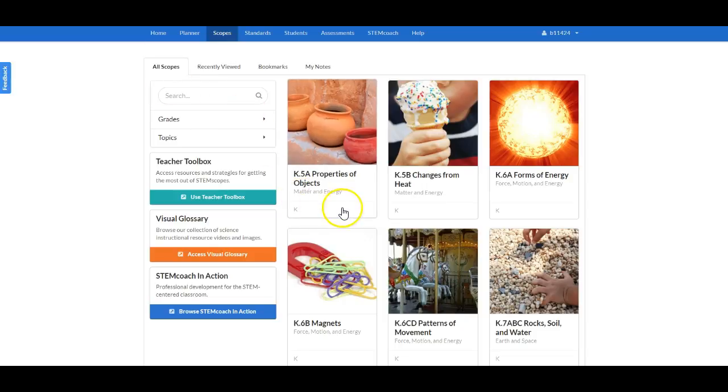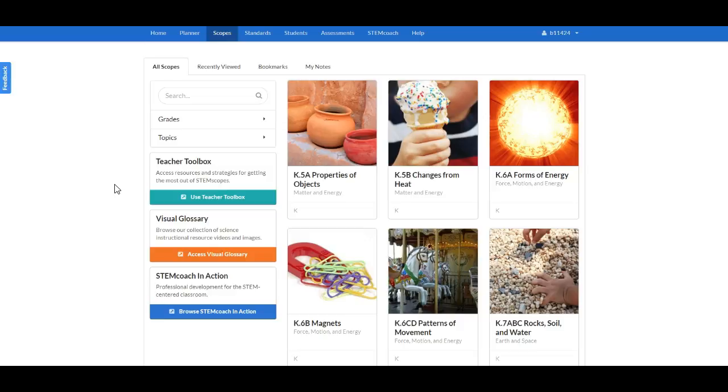and there's a scope for each one of these boxes that has everything that you need to teach that standard all the way through the 5E, as well as differentiating for intervention, as well as moving forward for your students that are ready to move on within that scope. So we'll be taking time to look inside of what is offered,